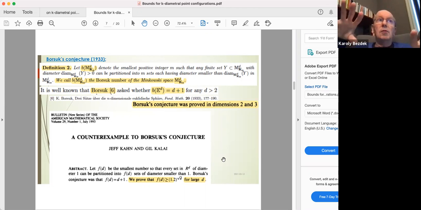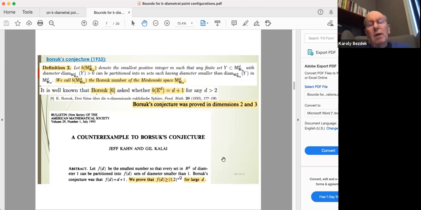Now, before I get to the new part, I want to recall 2 additional problems which are going to be related to what I'm going to talk about. So, okay, we have reviewed Petty's article. I will return to that at some point later. But now let me recall another old conjecture here, which is due to Borsuk, or some call it the Borsuk partition problem,